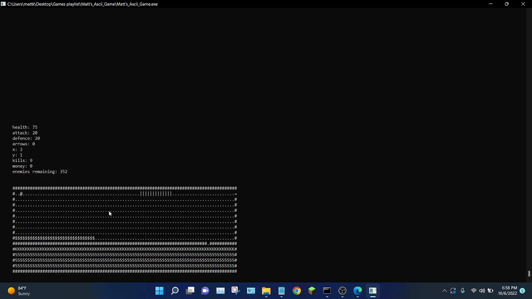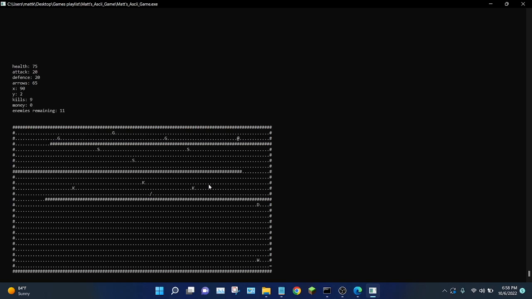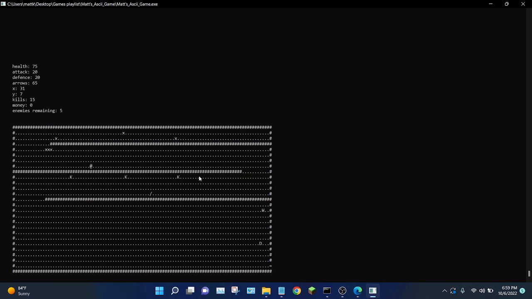There are a ton of levels in this game, and I've never actually beaten this game. I coded like 10 different levels from different text documents, which you can actually see in the files for the download, but I've never been able to beat this game, so I would love to see one of you guys be able to do this. But ASCII Game, definitely one of my favorite projects here.